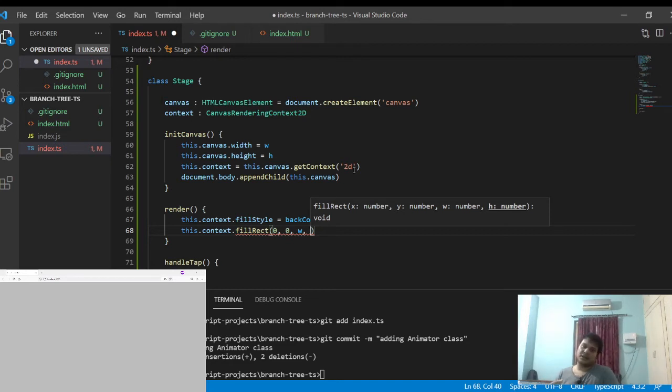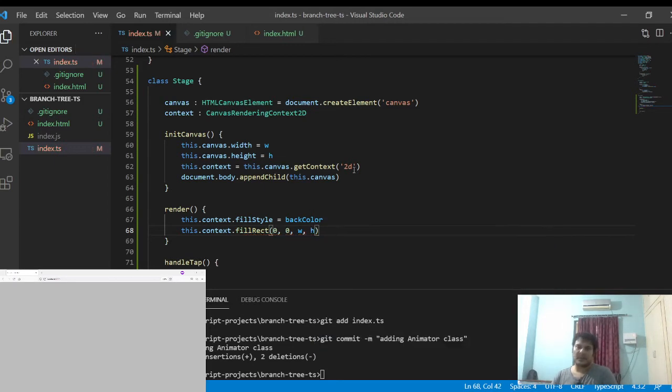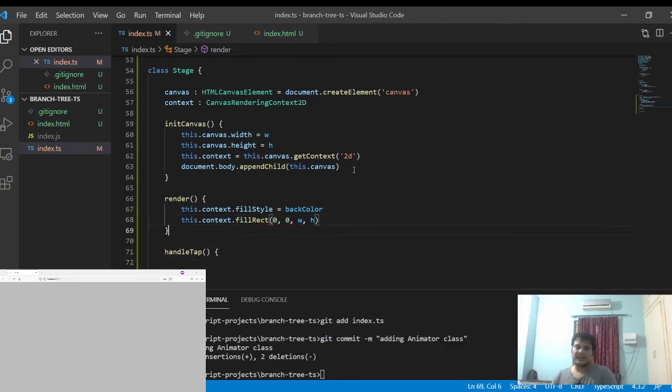So the complete rect will have the background color. Fill rect is the function to draw a rect. There is another method called stroke rect, which will create a rect without any color inside it. It will have only outlines.